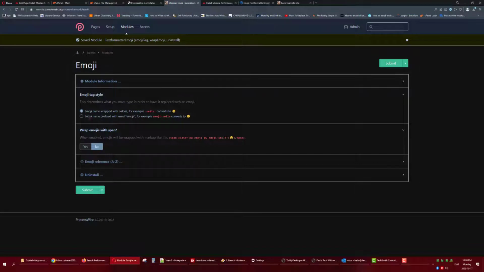Okay, so it says emoji name wrap with colons, for example, smile in colons converts to a smiley face. We'll just leave it that way. On my side, I use it the other way. It says emoji colon smile. Whatever you like. It doesn't really matter. Just know that whenever you use a standard emoji code, it won't work. You have to use these codes instead. So smile between two colons will bring out a smile. Let's test that out. So click on submit,